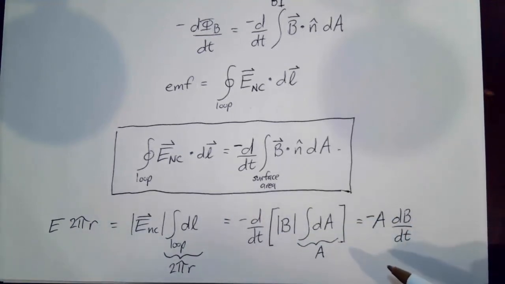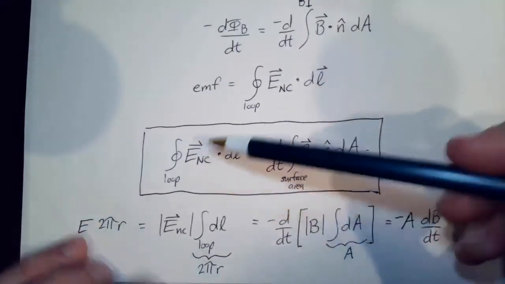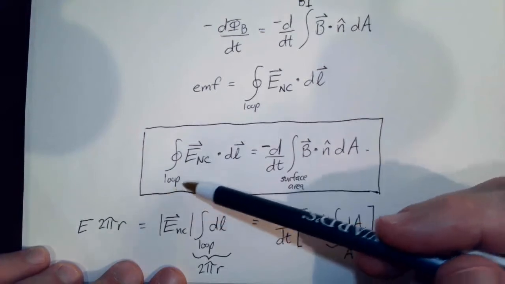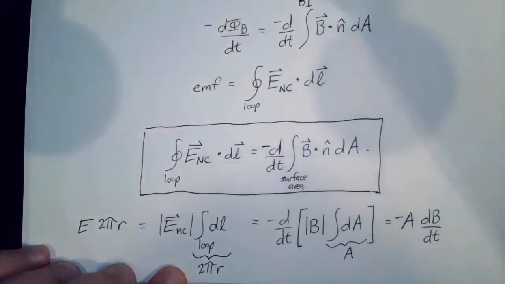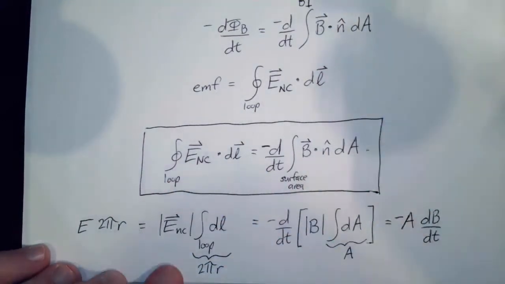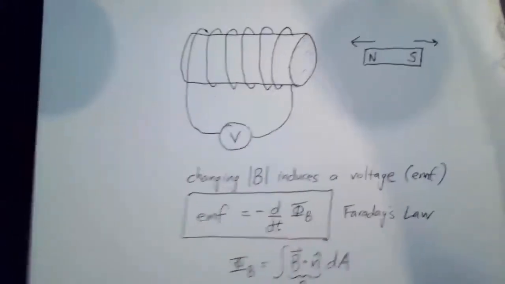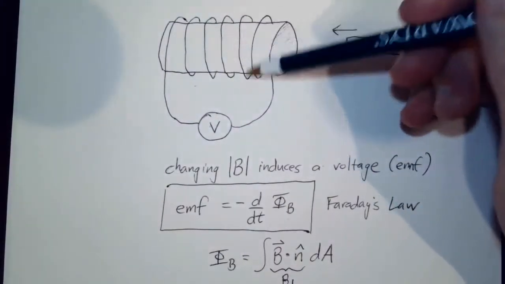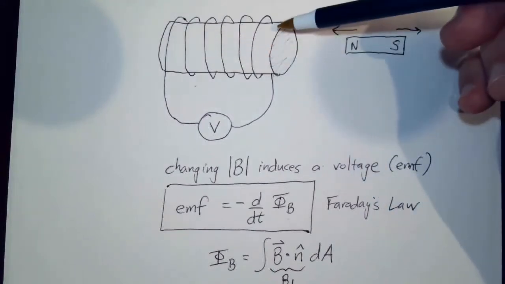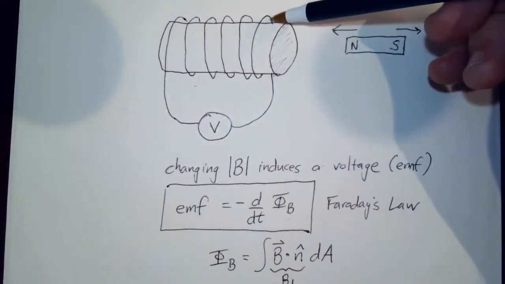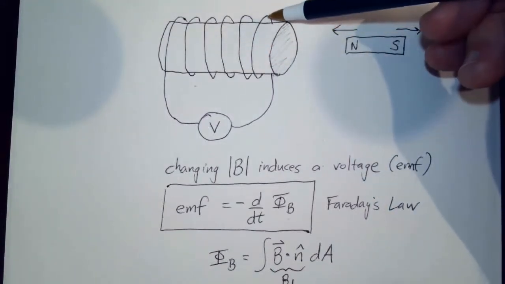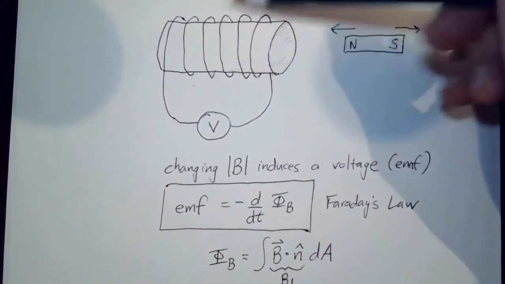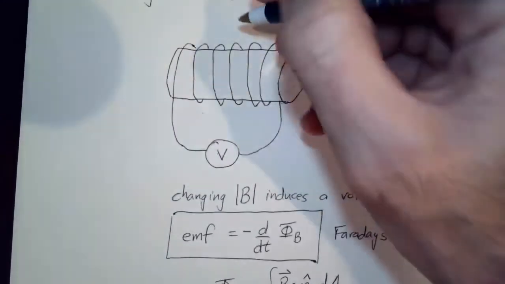There's one more remark I'm going to make. Okay, so you see for this situation, I was talking about a single loop. And we were looking at the circumference of that loop. Up here, what do I do if I have more than one loop? Well, there's a couple of ways of thinking about this. I think both of them come down to thinking of this as a stack of loops. Even though it's all one wire, we can think of it as a stack of loops. And if we have N loops,